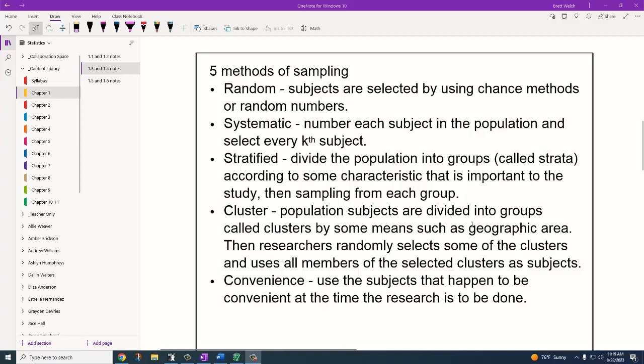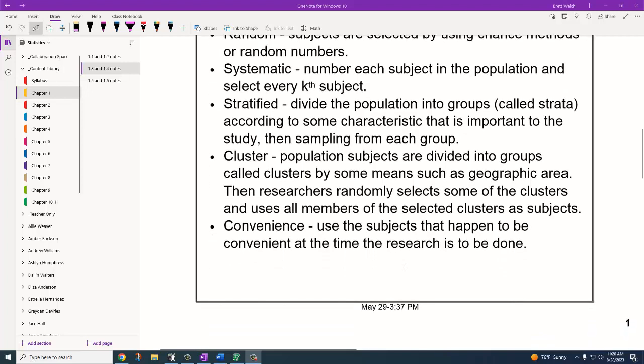We're going to divide people into groups by clusters, by something that's more geographic, something typically location-based. Then we're going to select some of those clusters and do everybody in the cluster. So in this case, we might split the school into 25 classrooms, and we're going to sample 3 classrooms. But that means those 3 classrooms are going to be completely sampled. We're not going to leave anybody out in those groups. Other groups are going to be completely ignored, but we're hoping that these clusters will be generally representative of the